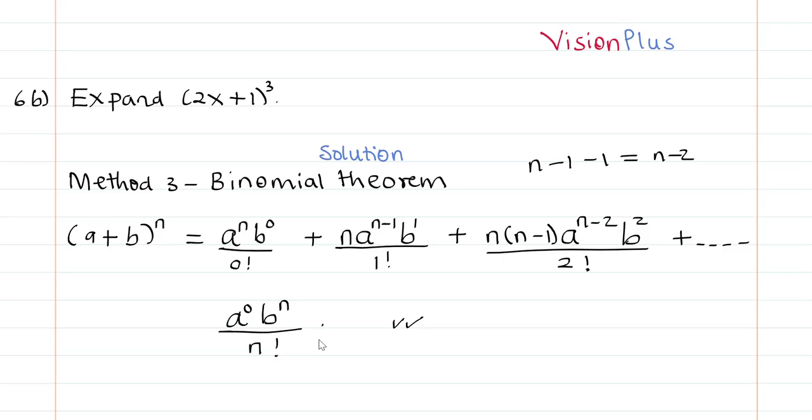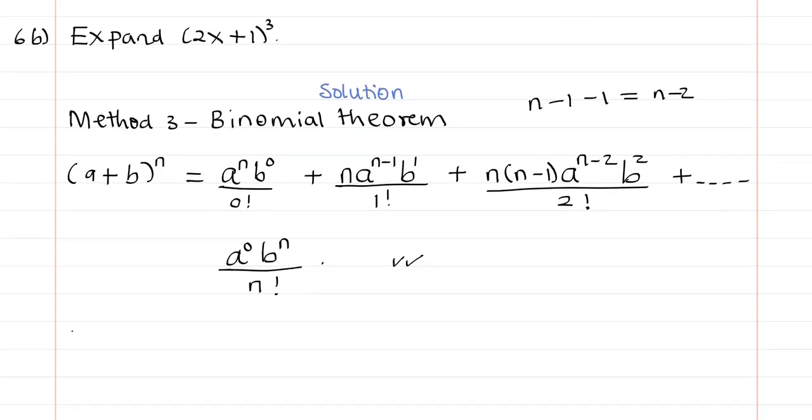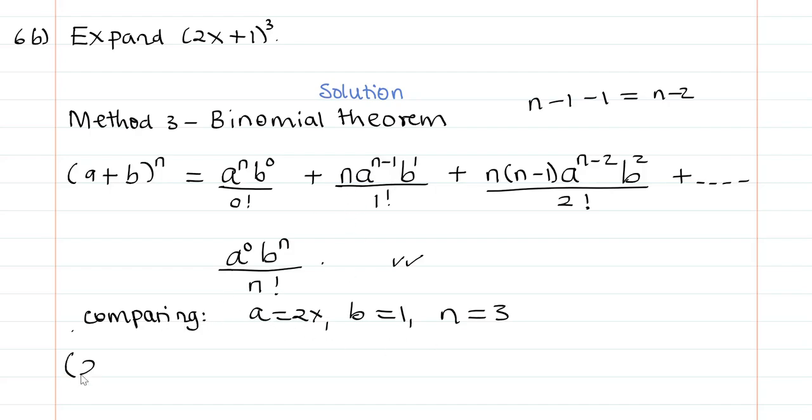Therefore, if we look at our number there, we need to compare our number to this given expression. So on comparing, let me try to save time, but I believe you're understanding it. On comparing, we see a corresponds to 2x, a is 2x, b is 1, and n is 3. So we simply need to substitute for a, b, and n in the given expression of the formula. Thus 2x plus 1 power 3 equals,